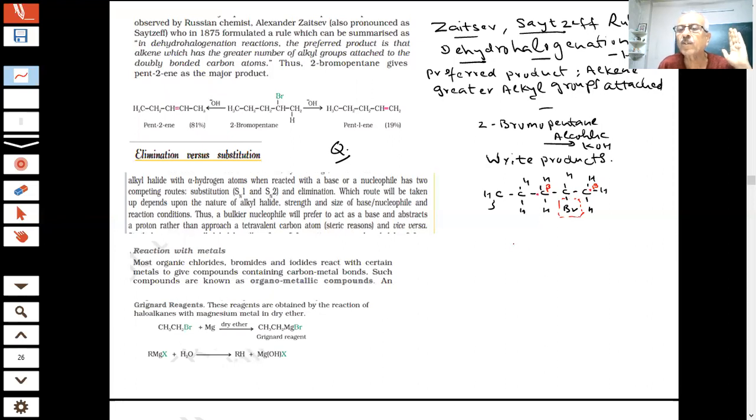So can you write the two products which will be formed in this case, students, before I discuss the final answer? Very important questions are coming. Last year also there was one question on beta elimination. There are a few questions in that NCERT book which will be discussed by us. Okay, you can write down which products are being formed, and try to answer which will be the major product, students, in this case.